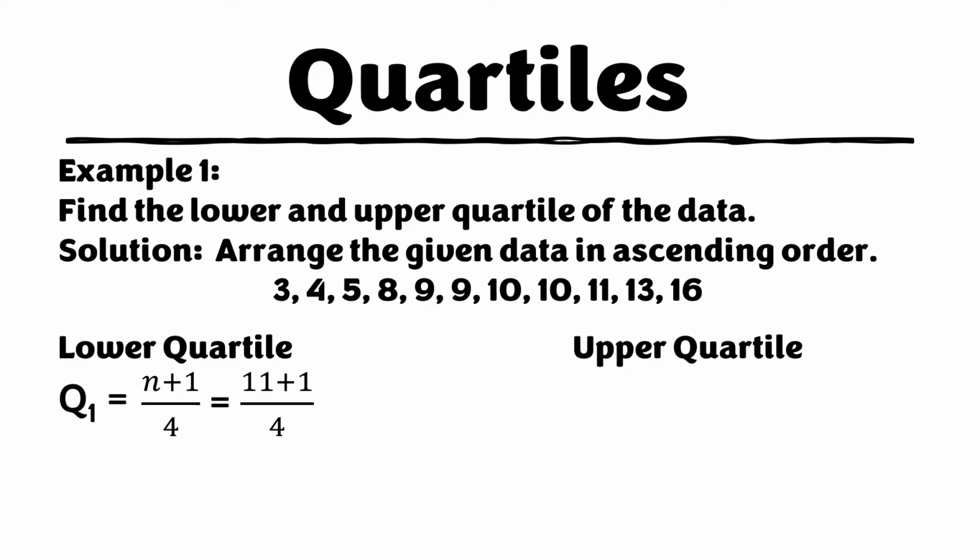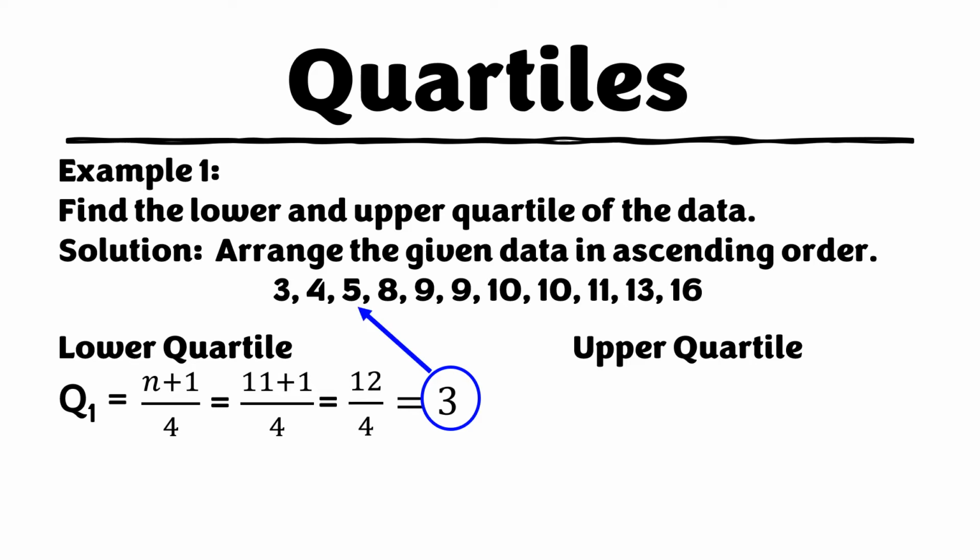So we have 11 plus 1 all over 4. 11 plus 1 is equal to 12, and then divided by 4, so we have 3. 12 divided by 4 is equal to 3. So meaning,